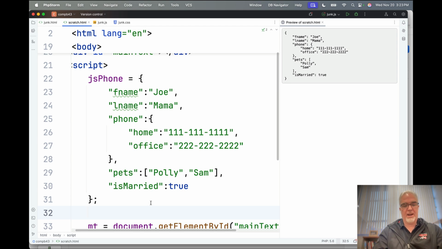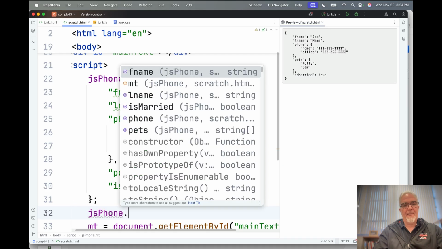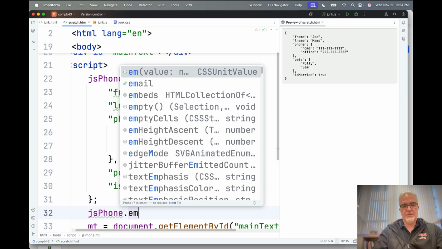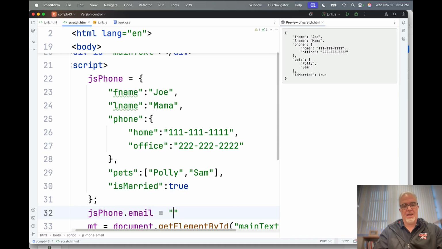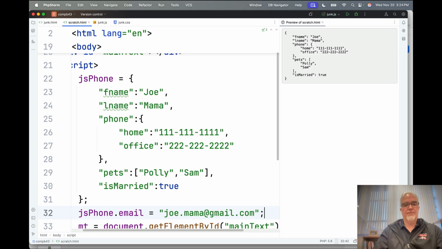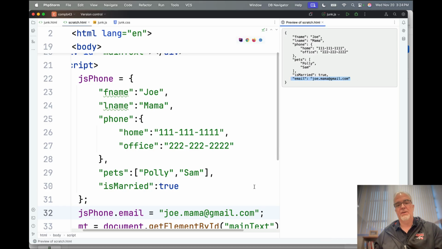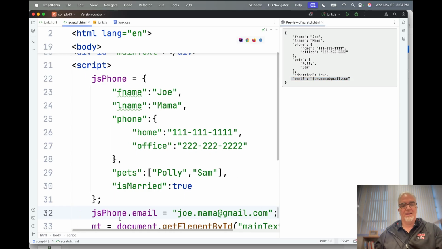Well, it's pretty easy. If we're going to add to the main branch of the code here, we're going to say JS phone again. And then I'm just going to give it the new key that I want. So I'm going to add email. And the email is joe.mama@gmail.com. Okay, does that work? Is it really that easy? Yes, if I save it, you can see here that that new key shows up, no problem. Okay, so that is how easy it is to add something like a new field to the main part of